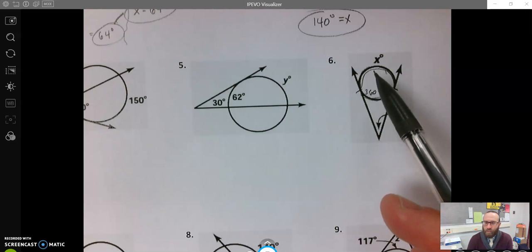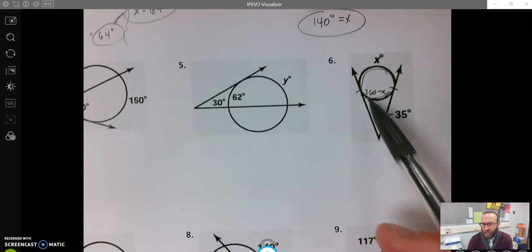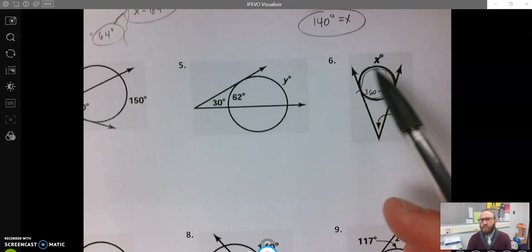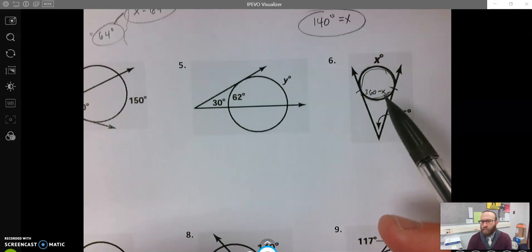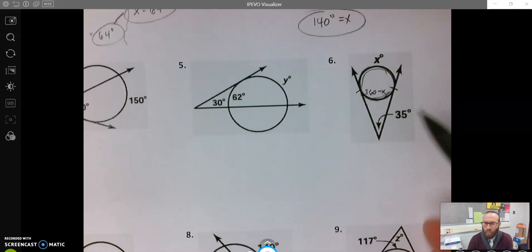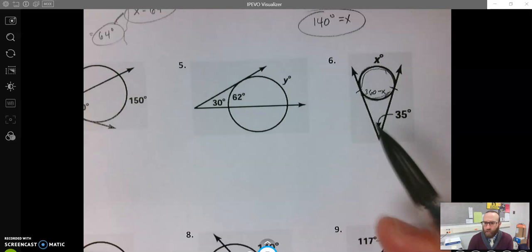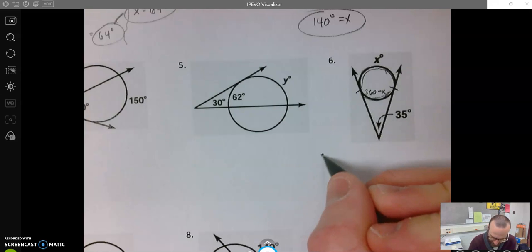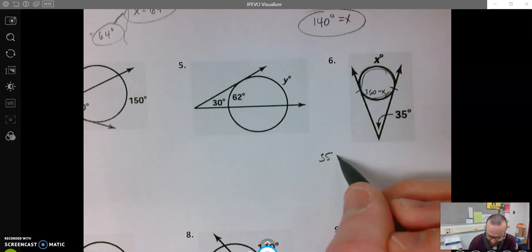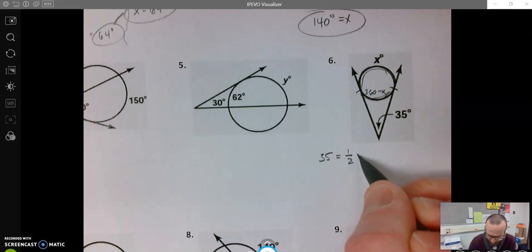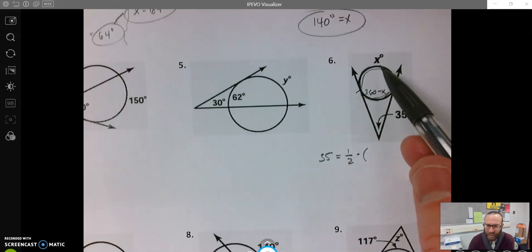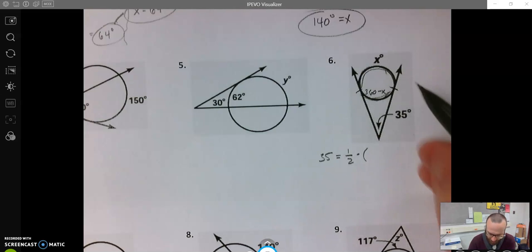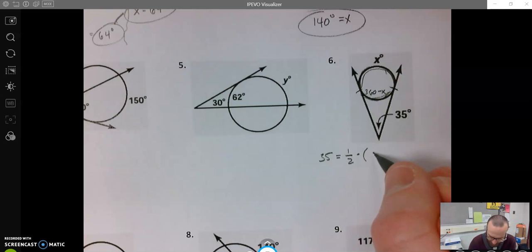So if x was 100, I do 360 minus 100 to get the bottom. If x was 200, 360 minus 200 to get the bottom arc. So it's just following the algebraic pattern. And like we did up in number 3, we're going to follow our rule here. So the exterior angle, 35, is equal to half of the difference of the intercepted arcs. And I'm always going to take the bigger arc minus the smaller here. So bigger arc is going to be x minus